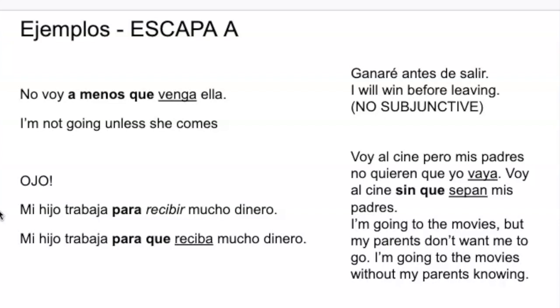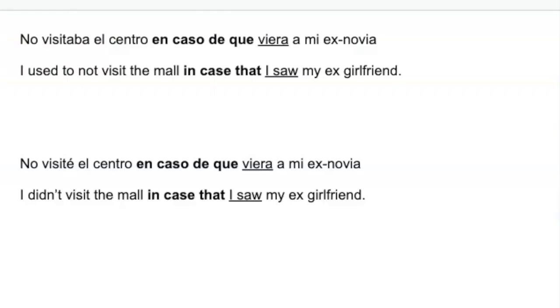Technically, it's the same thing. However, you have to know this. And this is a very common part of the subjunctive that I think is very useful to know. One thing to add is that this can obviously be used with the imperfect subjunctive, the future subjunctive, just anything in subjunctive. So here's an example.